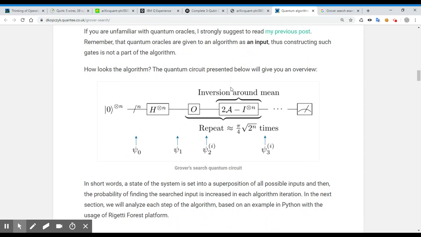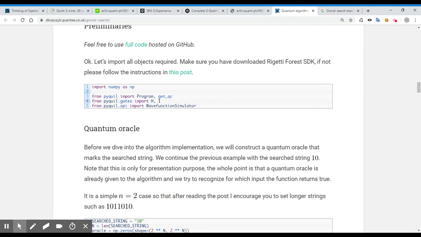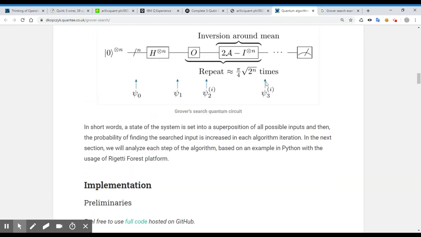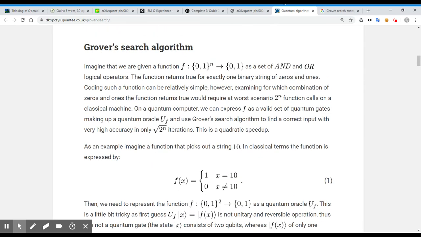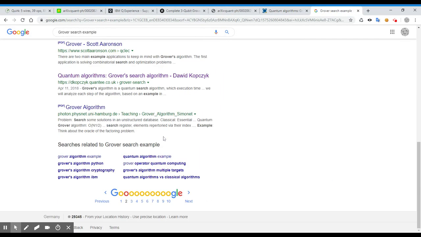Inversion about the mean. Okay, so he might be taking a different view on this. I'm gonna keep it as well. We got a bunch already. So 1, 2, 3, 4, 5, 6, and